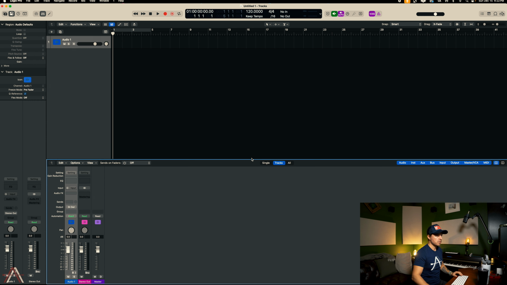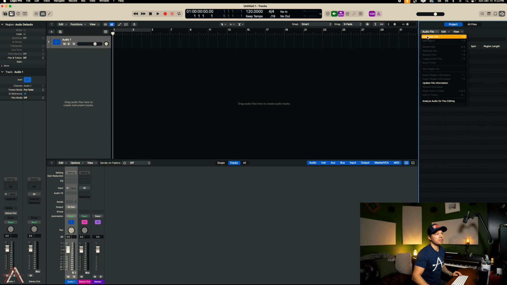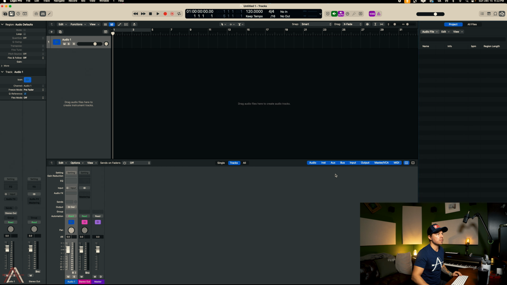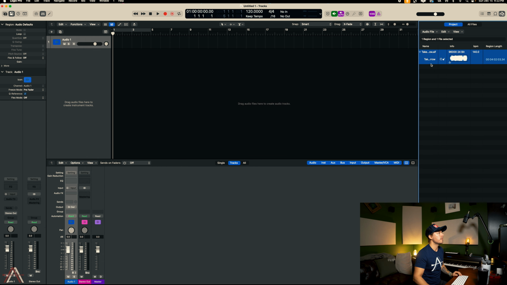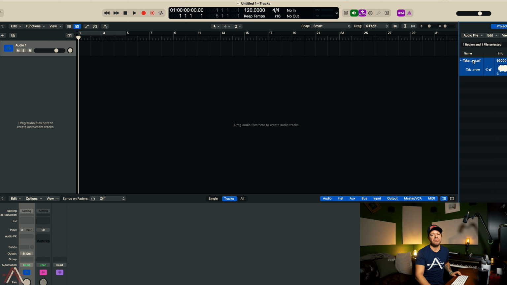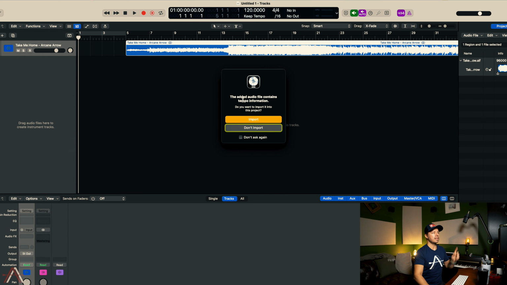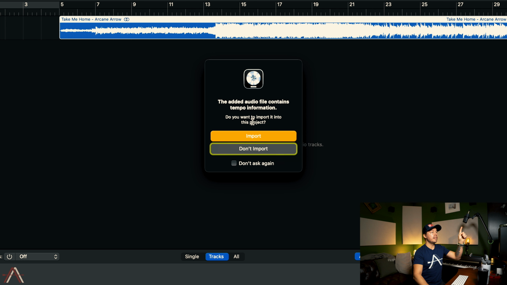I like to hit X to pull this window up. We're going to go over here. We're going to import the file, which is one of my tunes, just to skirt around any copyrights out there. I chose the AIF file on purpose instead of a WAV or an MP3. If you were working a cover, and I only did this for this example, if you come to drag your audio in and you get this prompt right here